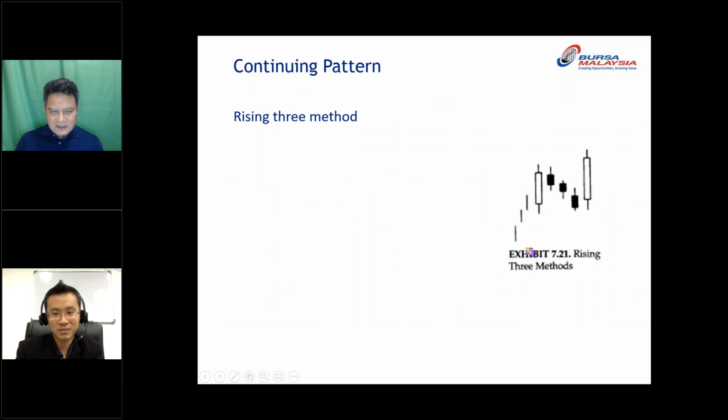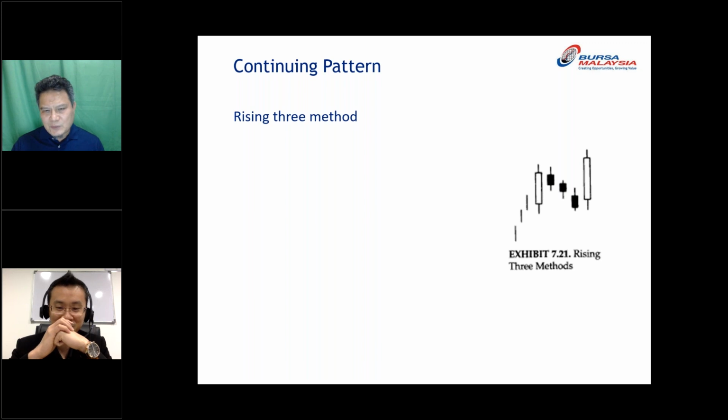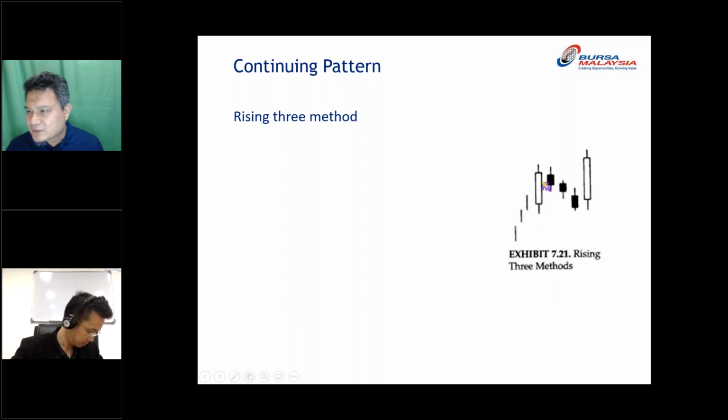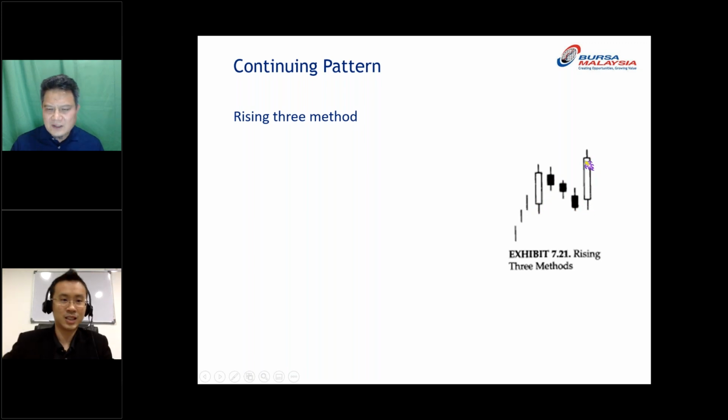Another one that also always happens, especially in the short term, you can see a lot in Bursa Malaysia. There is a rising three method and a falling three method. You see, the price moves up and then after that it slows down. We always use this candle as a measurement. So usually when it drops, it doesn't go below this candle. And after that, there's a long candle that will exceed the first candle.